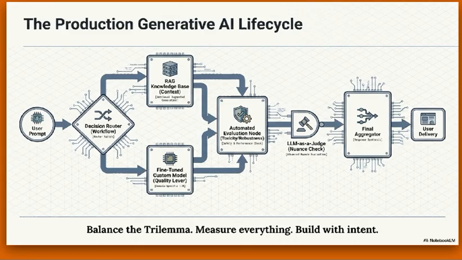If it passes the automated checks, we move to step 4, scalable nuance. The output flows into the LLM as a judge node. Our superior evaluator model checks the response against the strict scoring rubric for faithfulness to the context and overall clarity, and it logs all that telemetry data for the MLOps team. Step 5. If this is a parallelized request, say searching 3 databases simultaneously, it hits the final aggregator node to be synthesized into a single, coherent response. And finally, step 6, user delivery. The sanitized, evaluated, properly formatted response is delivered back to the client application, all within the strict latency boundaries we